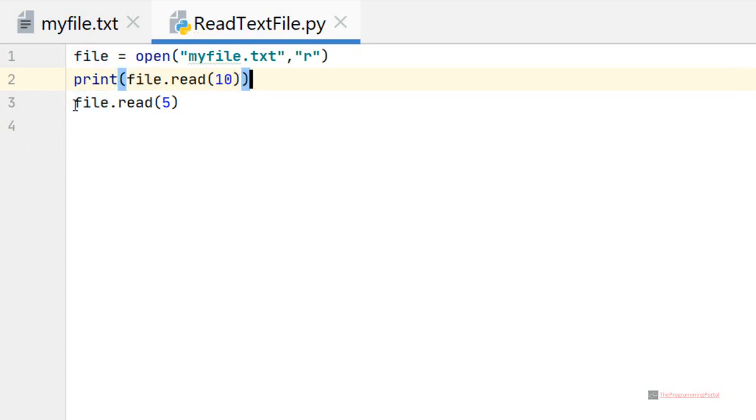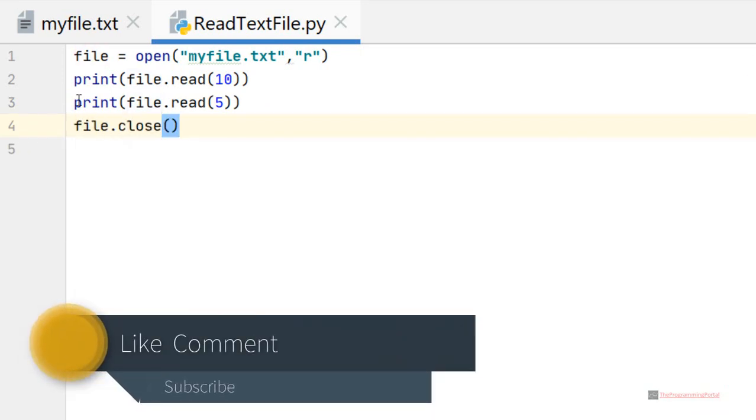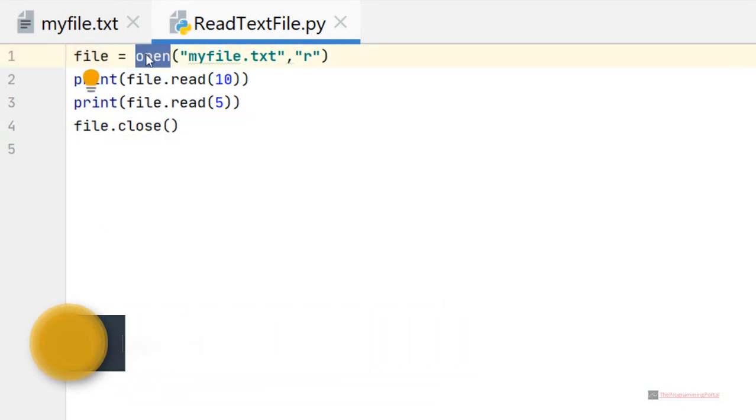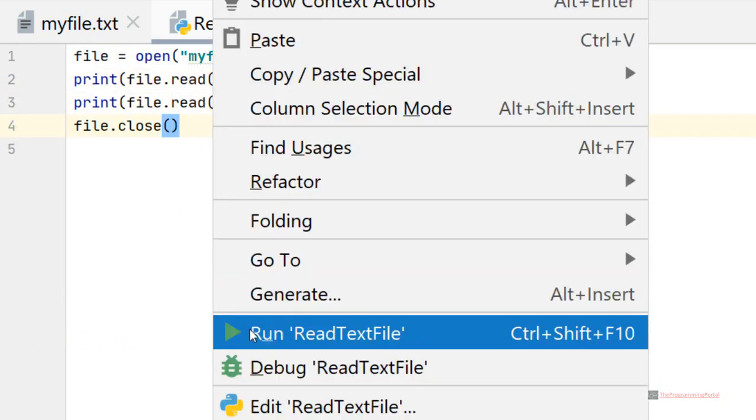So you can visualize that. Finally, we'll close the file instance with the file.close method. So we have created the file object using the open method, and second, we have used the read method to read the data. So let's save this and run this program.